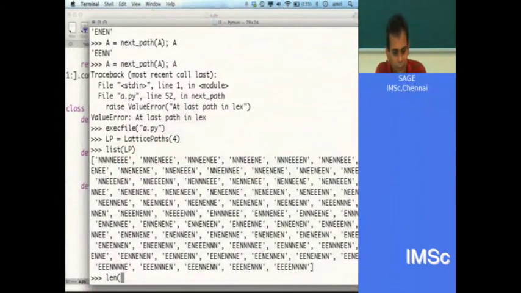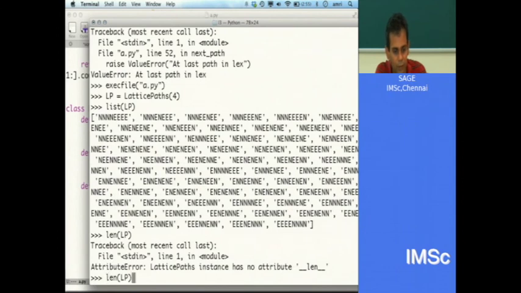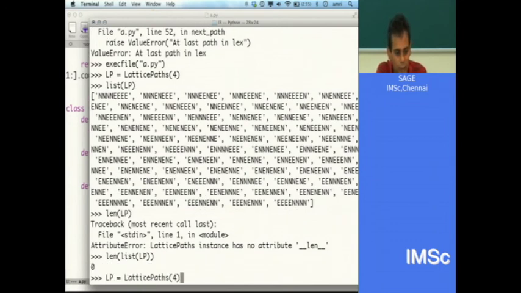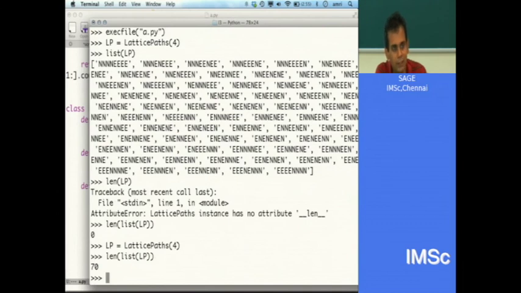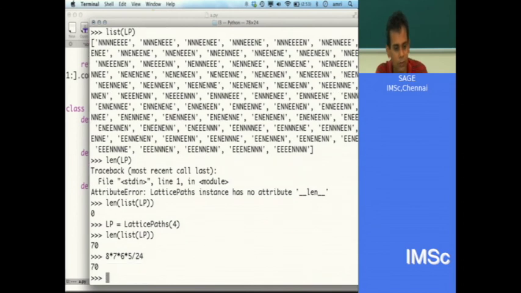Len of list. Oh yeah, but this thing is probably exhausted already, so it should say 0. 70. 8 choose 4 is 8 times 7 times 6 times 5 divided by 24. Yeah.